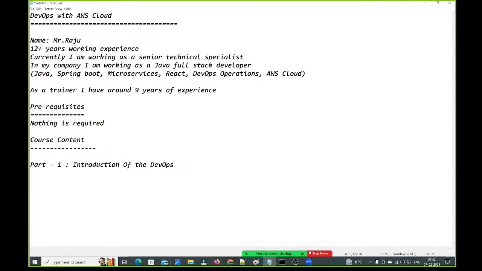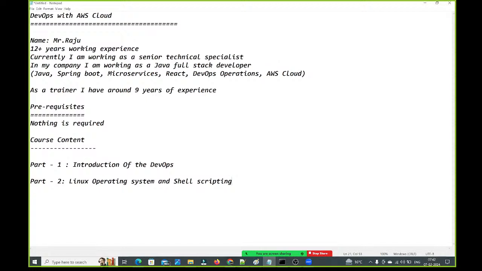Next, guys, as part two, I am going to discuss the Linux operating system. Along with the Linux operating system, we are going to learn shell scripting also. Guys, shell scripting is mandatory for DevOps engineers.